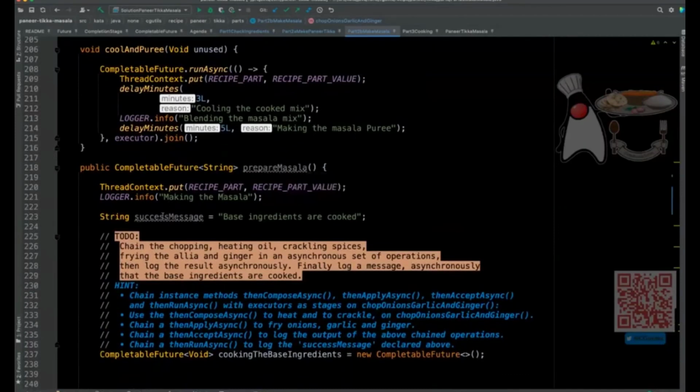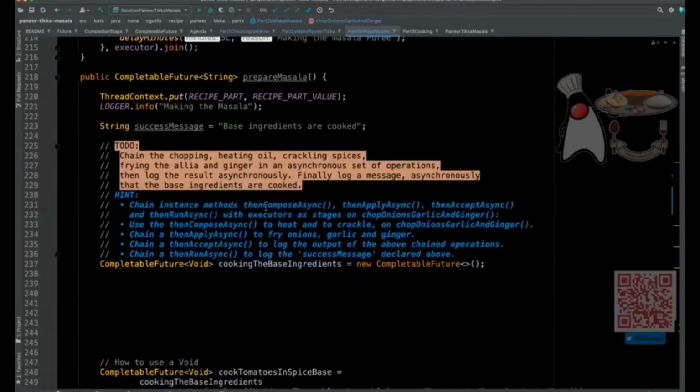So what are we doing here? There's a success message saying basic ingredients are cooked. And in order to cook this, we're going to go through the most complex part of this equation, which is we're going to compose, then apply, then accept, then run as different stages. We're first going to compose chopping. Then we're going to